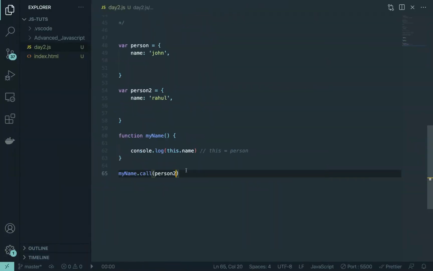So that means each single time, again, let's just look at it once again. myName is the function which is getting executed, right? And that means this line will run each single time. JavaScript will encounter line number 65. So to run this line, it has to get a value of this. How will it get the value of this? Using whatever argument you have passed there. So in this case, this will be pointing to person2,